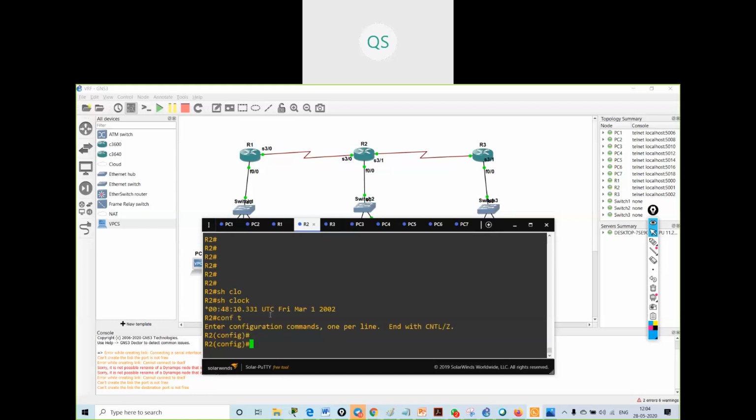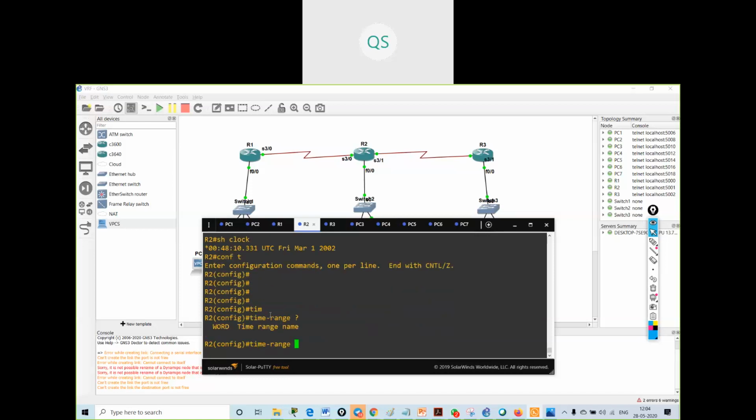The command is time-range, and I can give any name to the time range. I will give weekdays. Time range is weekdays, and I came inside the time range.